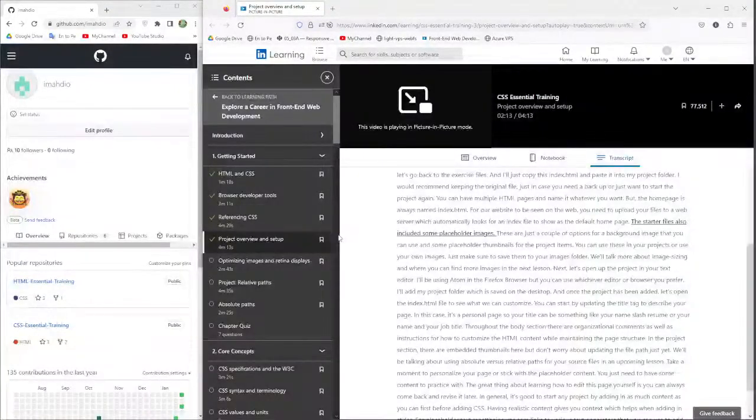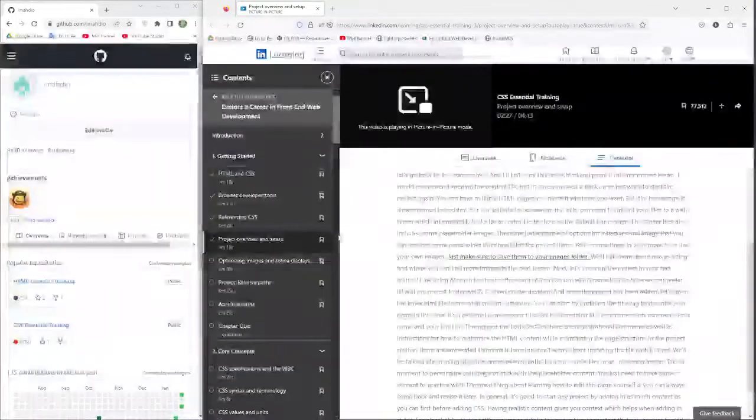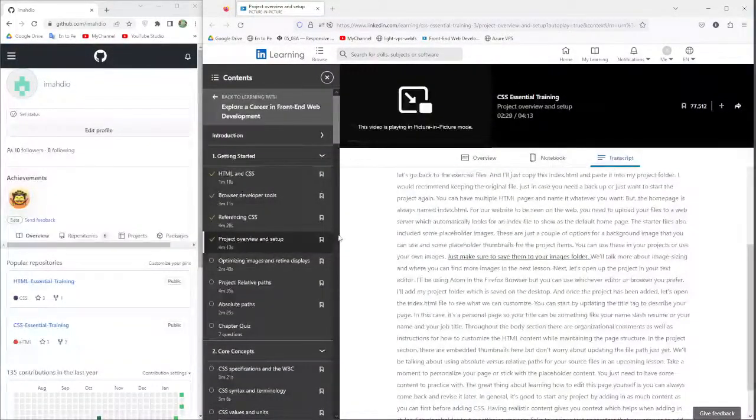The starter files also included some placeholder images. These are just a couple options for a background image that you can use and some placeholder thumbnails for the project items. You can use these in your projects or use your own images. Just make sure to save them to your images folder. We'll talk more about image sizing and where you can find more images in the